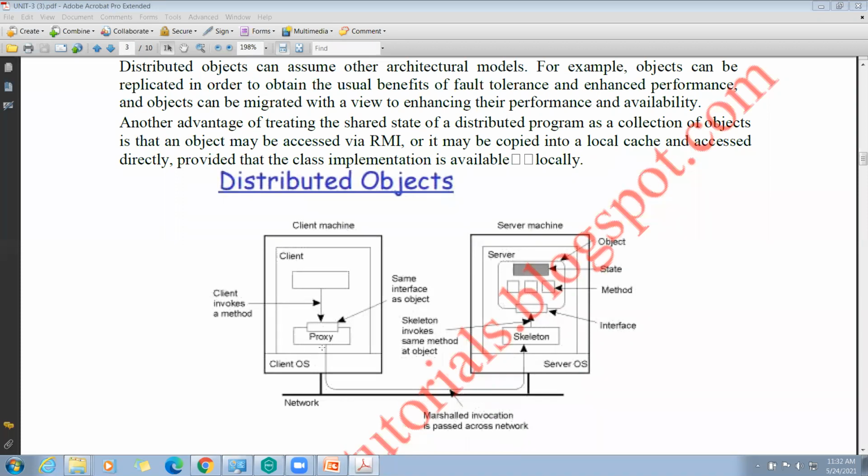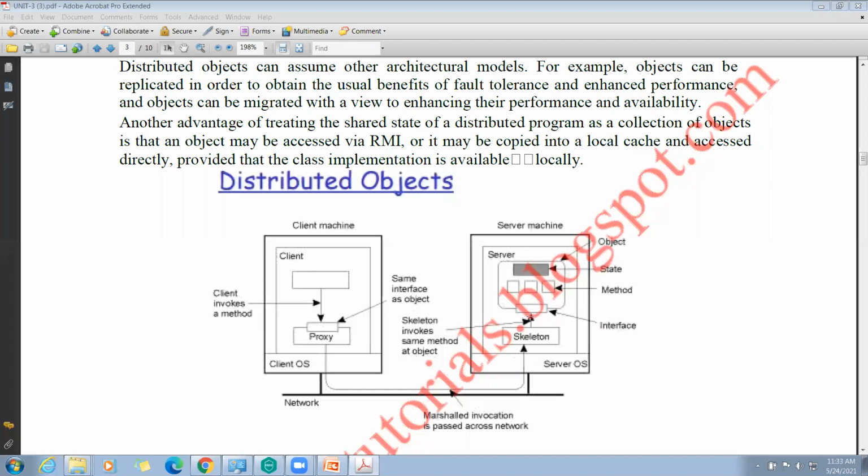See here, the client invocation through this proxy will be marshaled. It is a marshaled invocation. It's passed along the network and it reaches the server side. Here, on the server side, all invocations must pass through the skeleton only. All invocations are routed to the skeleton.